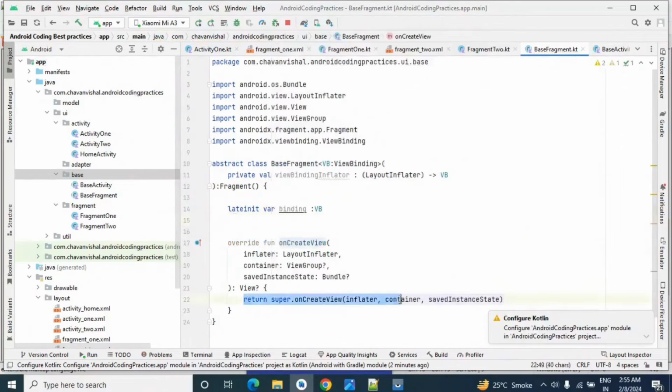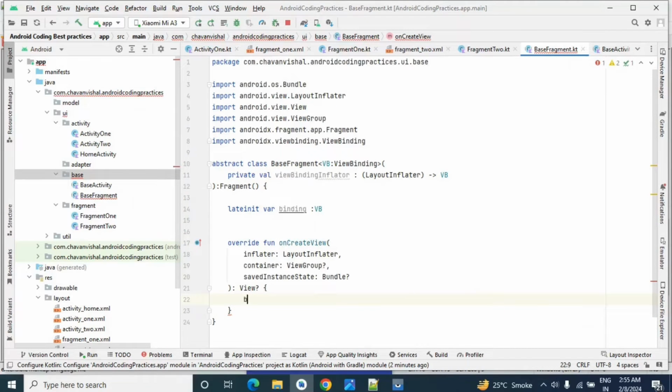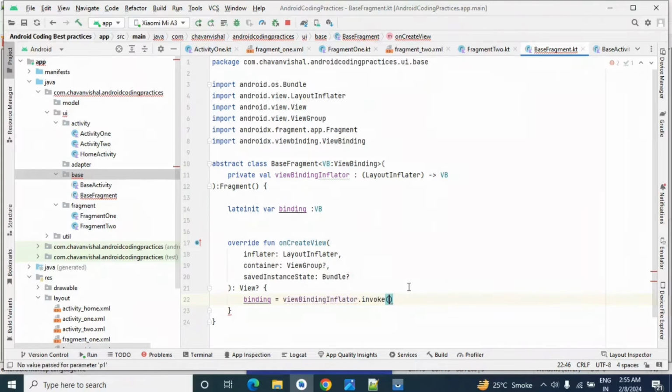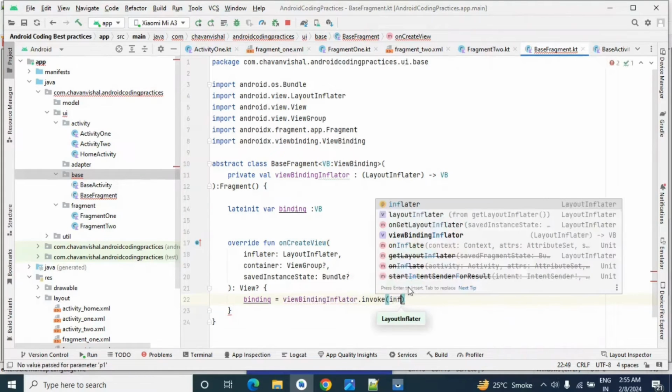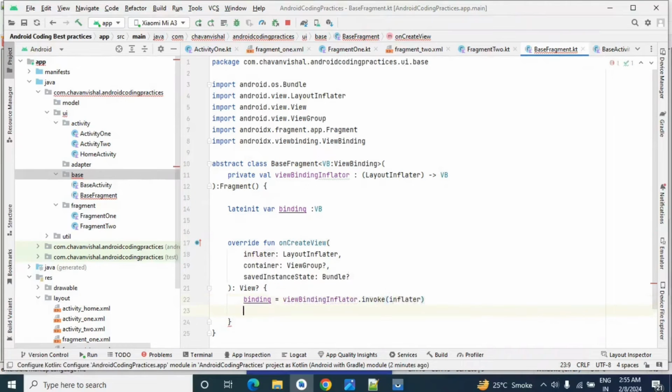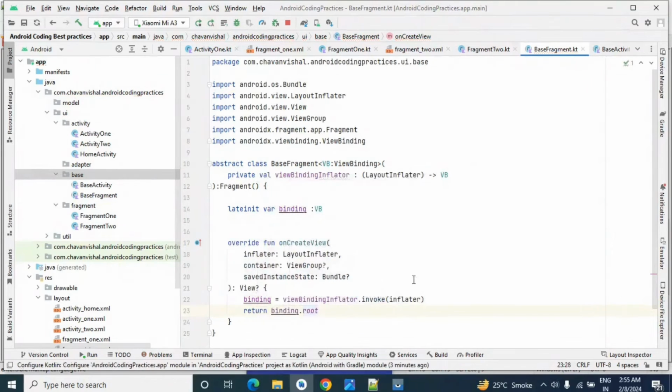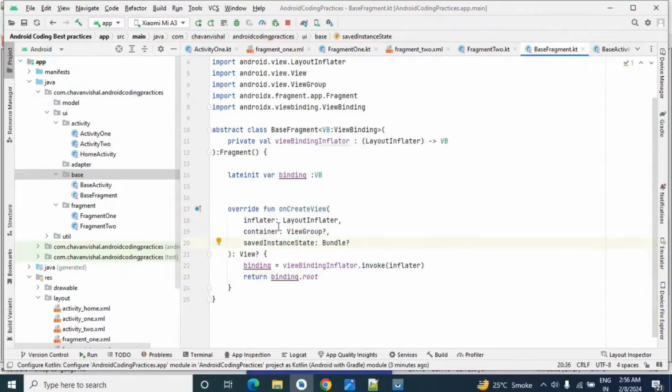And in on create view, binding is equal to view binding inflator dot invoke, and here we will pass inflator. And return binding dot root. So basically we are inflating the view from our base fragment's on create view method.